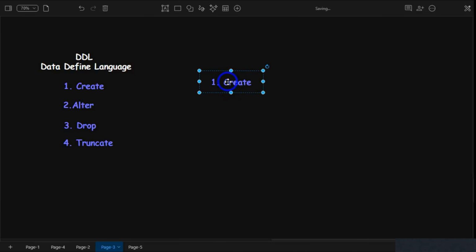So we start with create. After that, table. So create table, and then we write the name of the table, and make sure that these two are keywords. Create and table are keywords, so they should be written the same way. Create table employee, and now